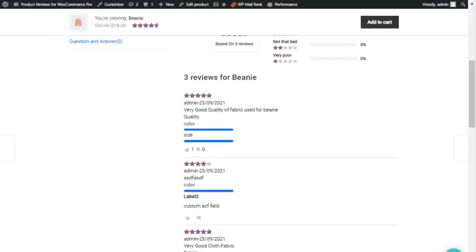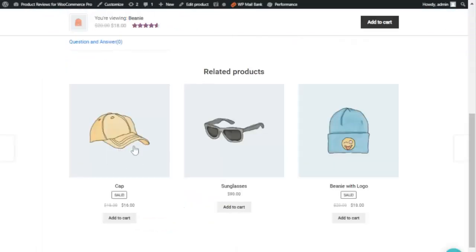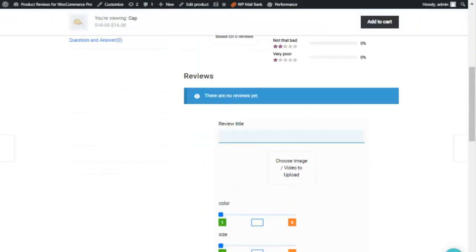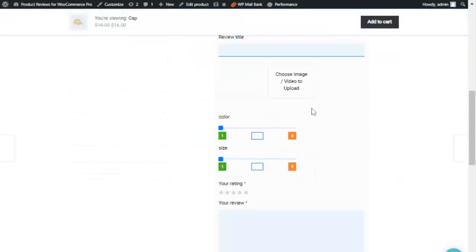And let's refresh this, and let's select any of the products and let's click on reviews. So let's see, as you can see that the attributes are coming here like color and size. So on the basis of that, the user or the customer can rate the product, like it's going till 5 because we have decided the maximum value as 5 and minimum value as 1, and the attributes that we have selected like color and size.